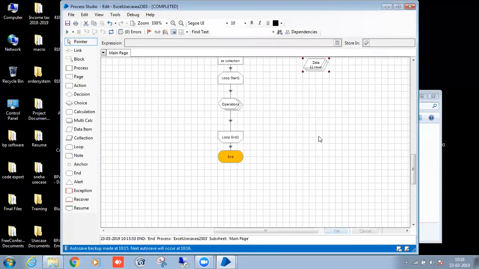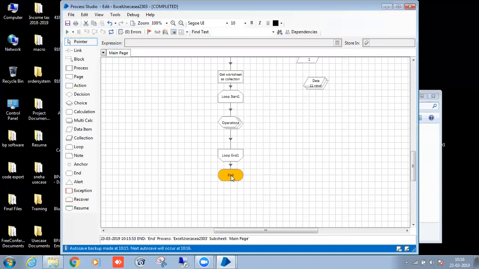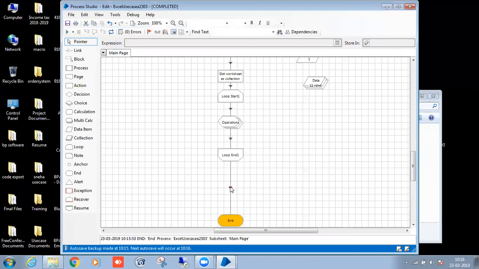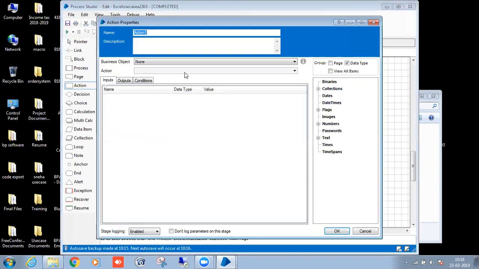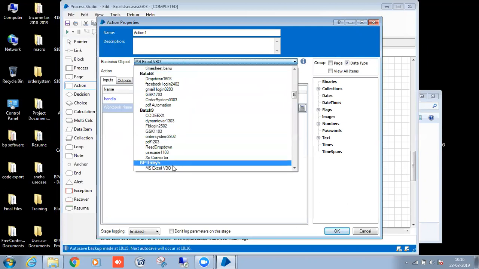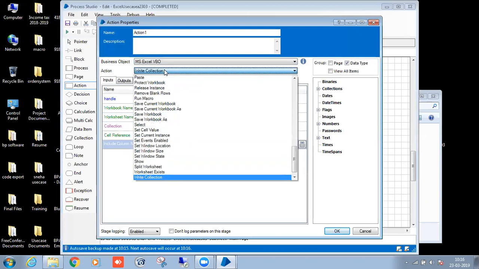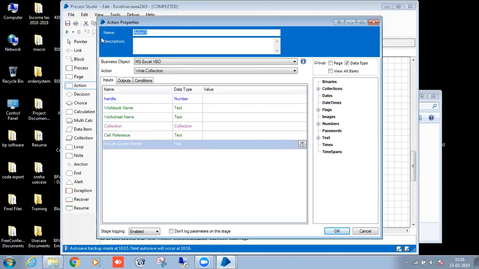Right, so now we want to write this data into the same Excel file. So what are the actions we have to perform? Same actions: write collection, save, close instance. Message review. Wait collection.